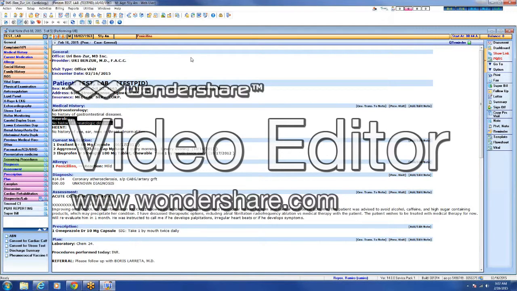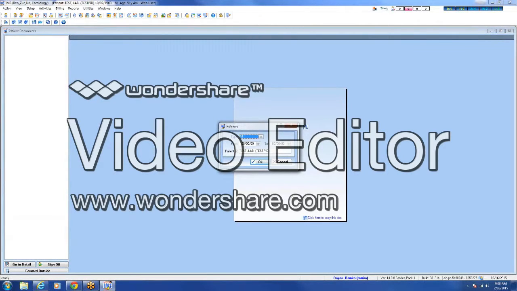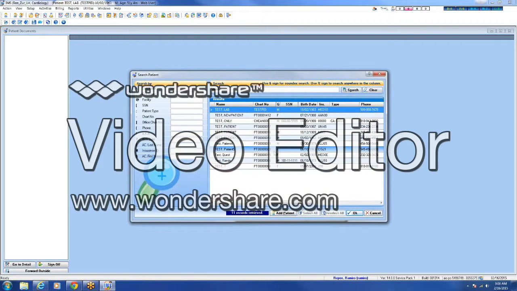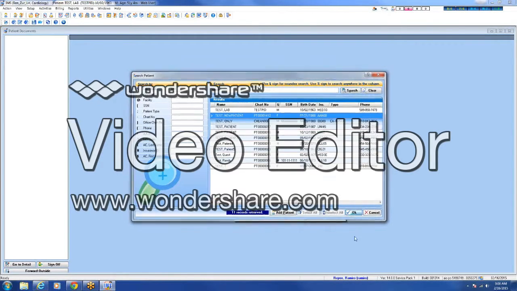Now, if you are not in the visit note screen, the patient is not here in the office, so what you can do is you just have to go to the document here, document icon at the top. Okay. So you open that, and then let's find a patient, not test lab. Let's have another test, and then the tab key, so that we can select, let's say, test new patient. Then hit OK,